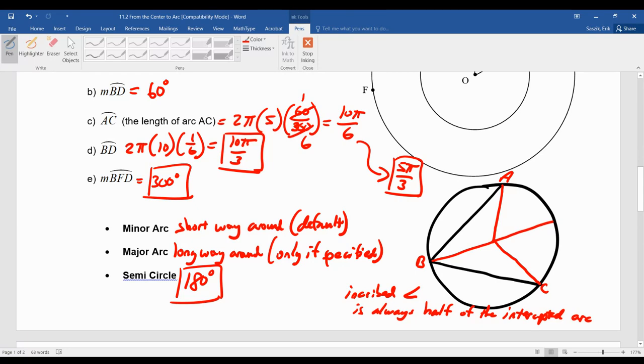Okay. Now, remember, we just created an isosceles triangle here. This is congruent to that because it's a radius. That means these angles are congruent. We created an isosceles triangle here as well. That means these angles are congruent. All right, now this is the cool part. So remember, this angle here would equal the measure from here to there. Remember, this is an exterior angle to this triangle. So this angle has to equal